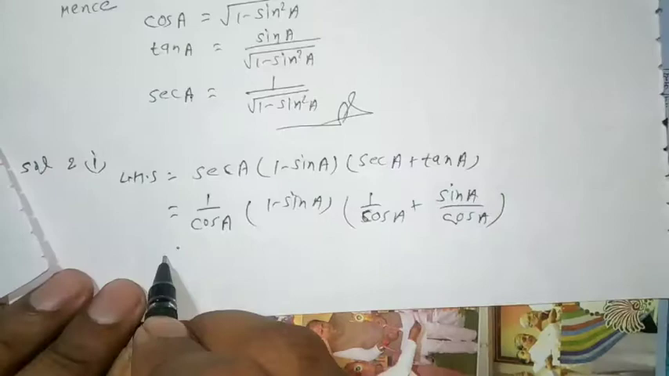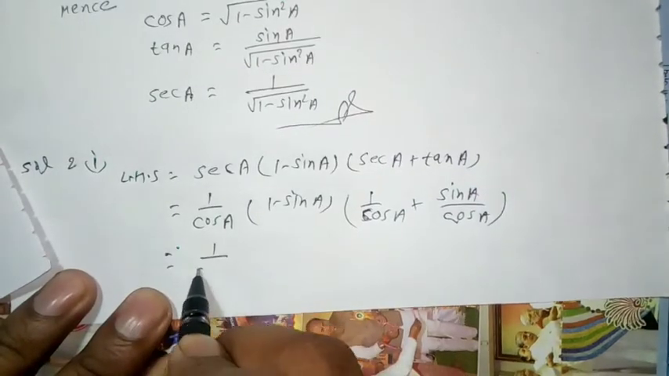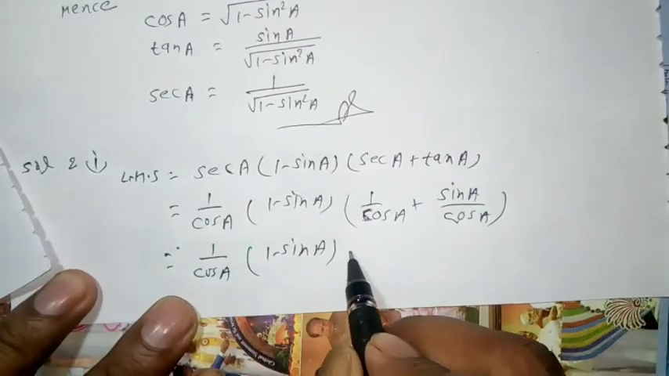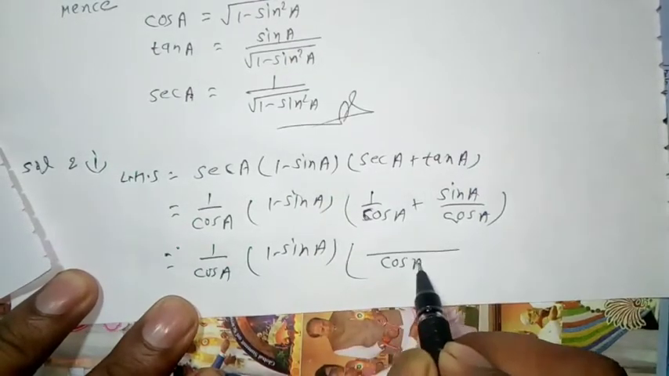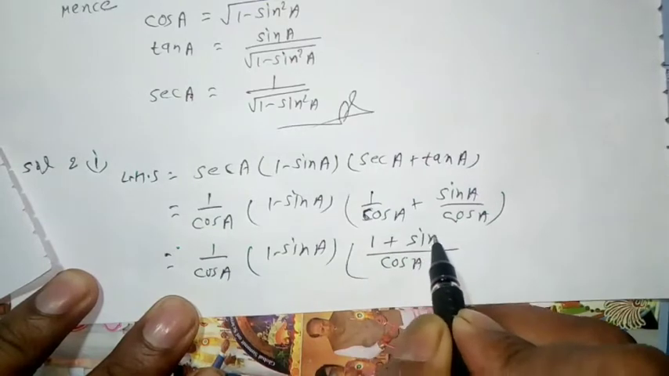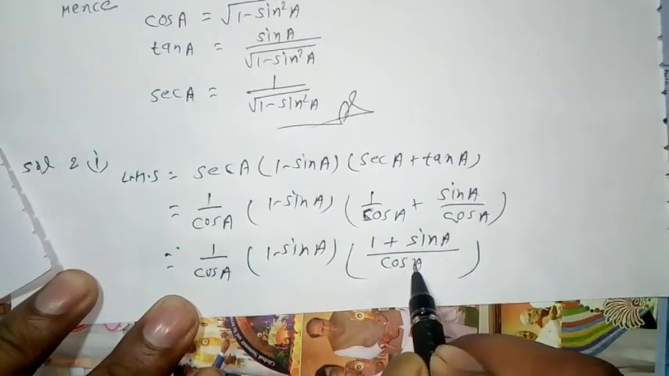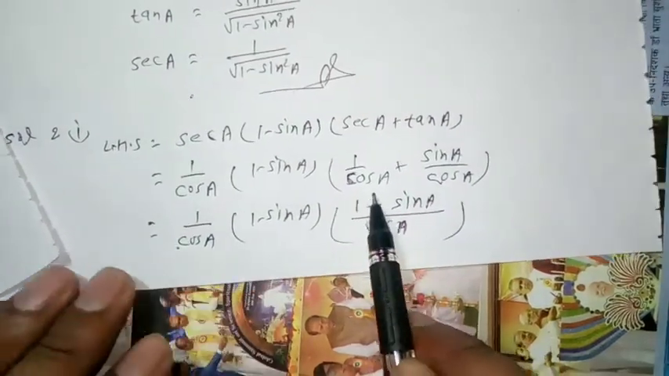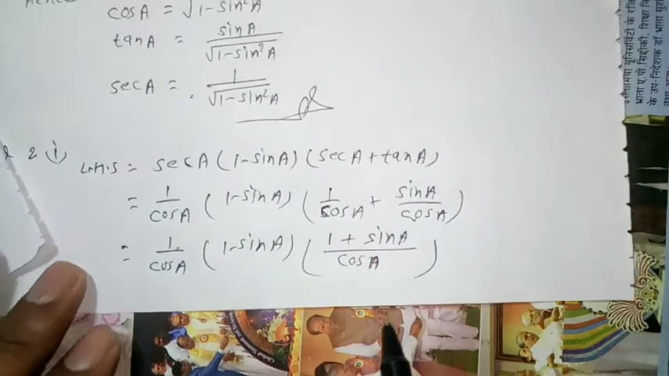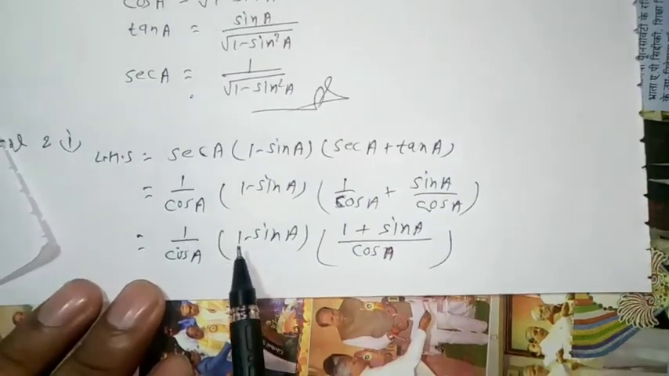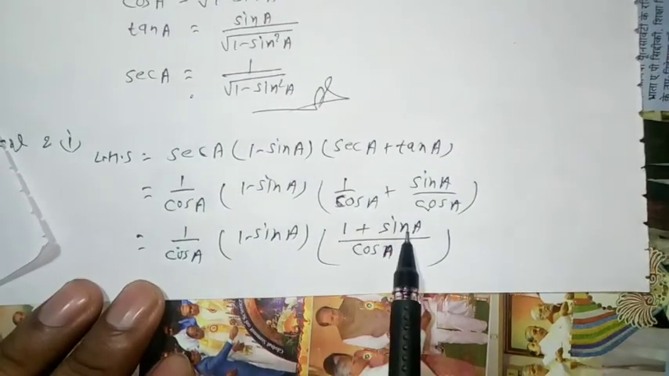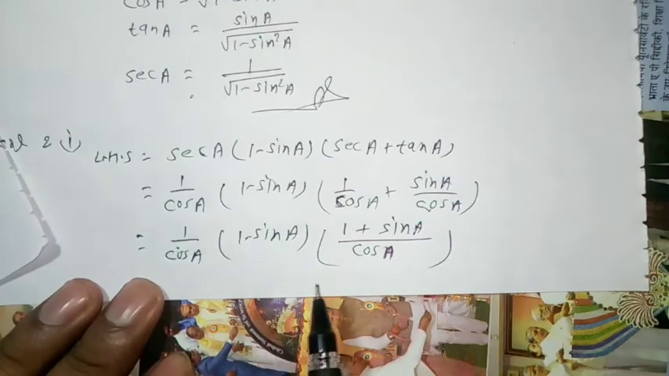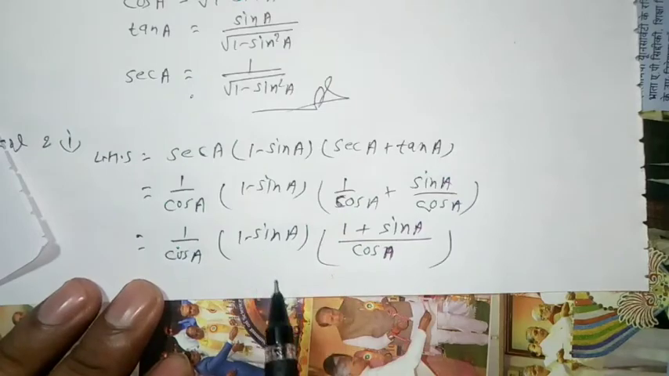Is equal to 1 by cos A into 1 minus sin A into cos A common, LCM is cos A, then 1 plus sin A. Now a minus b into a plus b, according to the algebraic formula, a plus b into a minus b is equal to a square minus b square. So according to the formula, we write